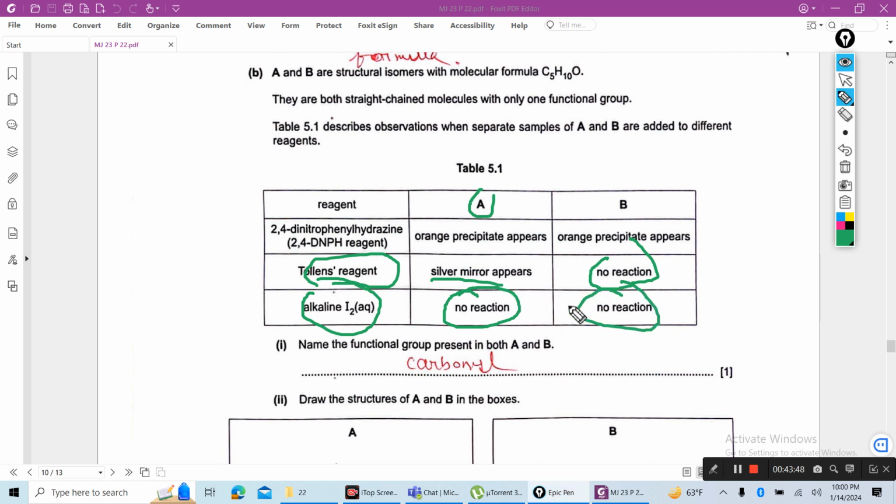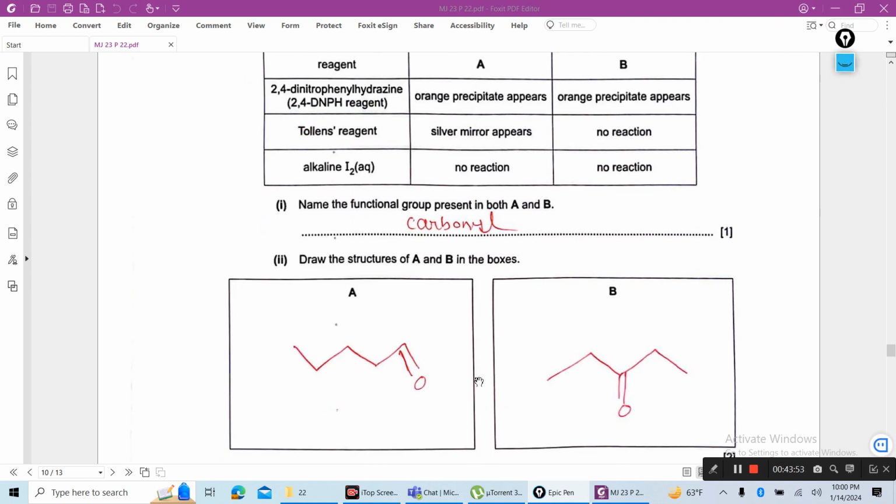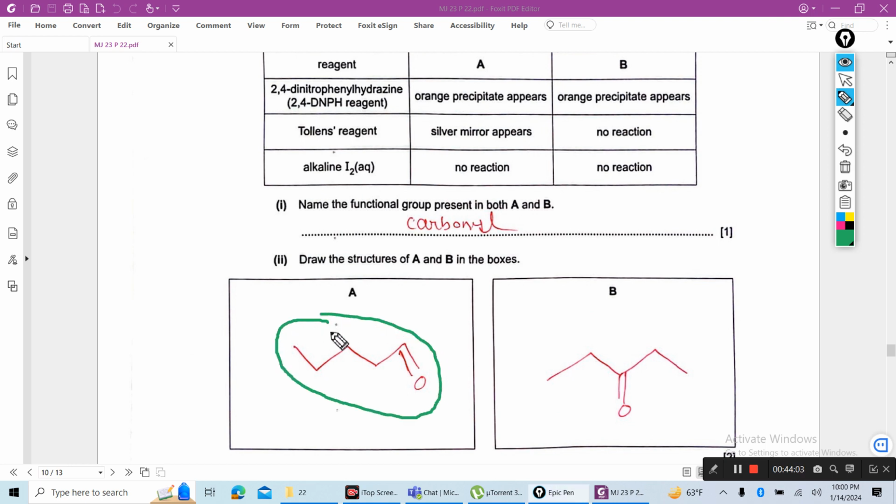B also has no reaction with aqueous iodine. Now see, A is an aldehyde, pentanal, 1, 2, 3, 4, 5. So it reacts with 2,4-dinitrophenylhydrazine and reacts with Tollens' reagent, but this aldehyde doesn't react with aqueous